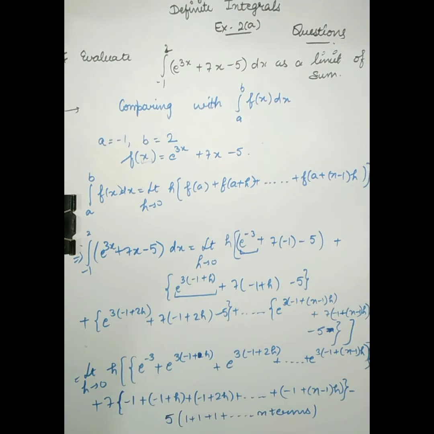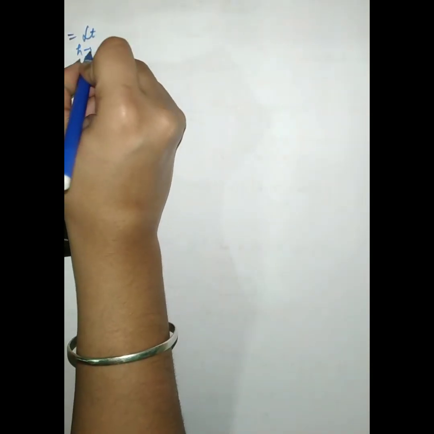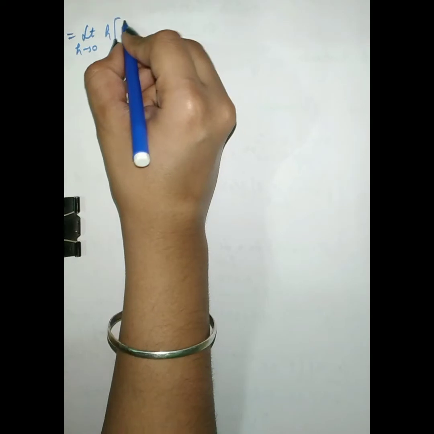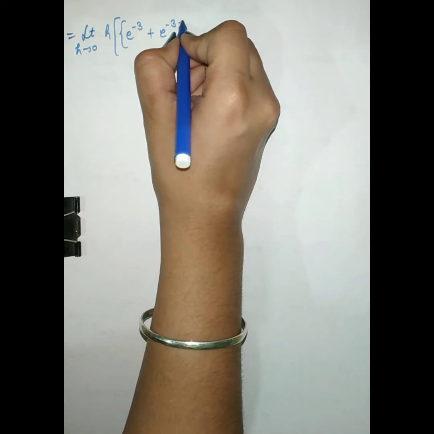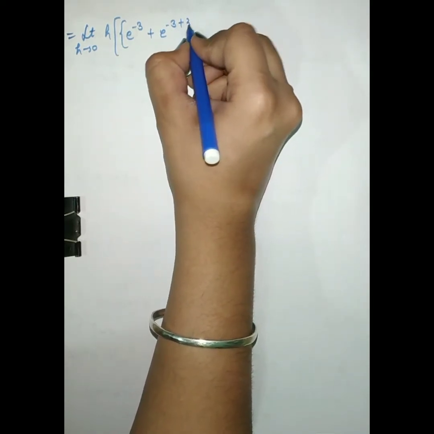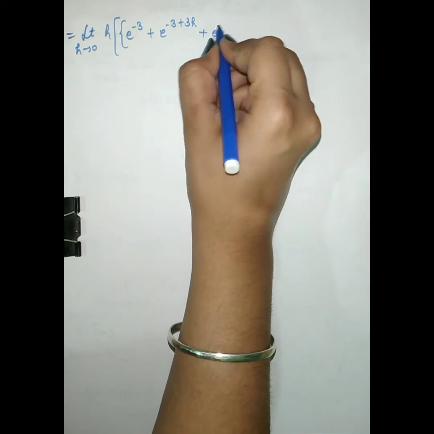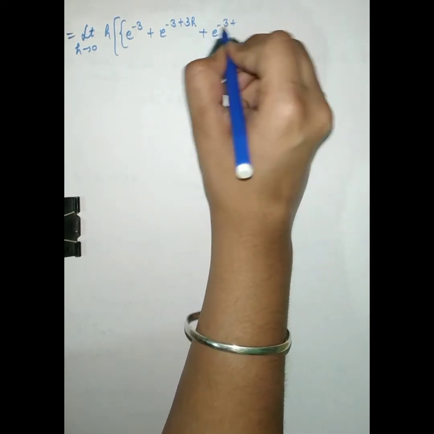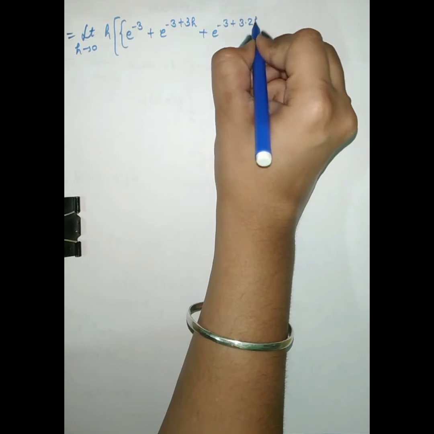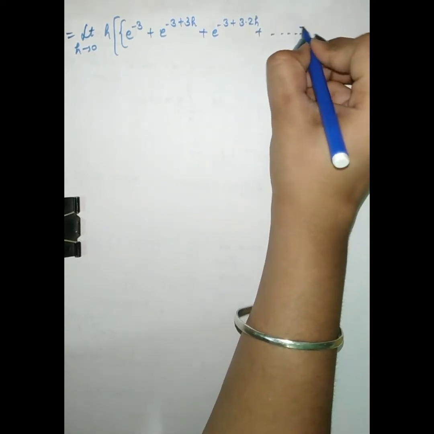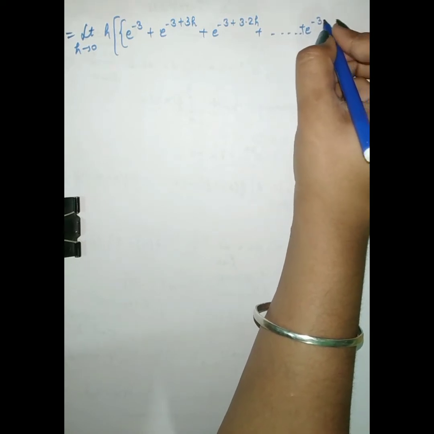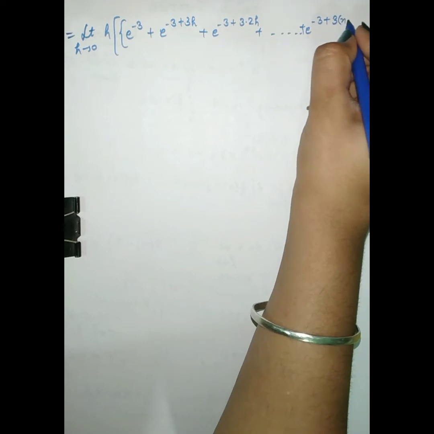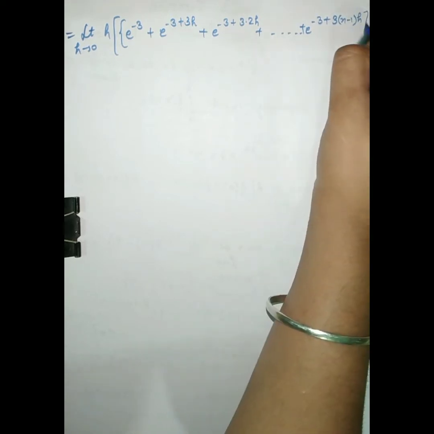That means we will write it as the limit h approaches 0 of h into e raised to the power minus 3 plus e raised to the power minus 3 plus 3h, plus e raised to the power minus 3 plus 3 into 2h, plus up to e raised to the power minus 3 plus 3 into n minus 1 into h, plus 7,